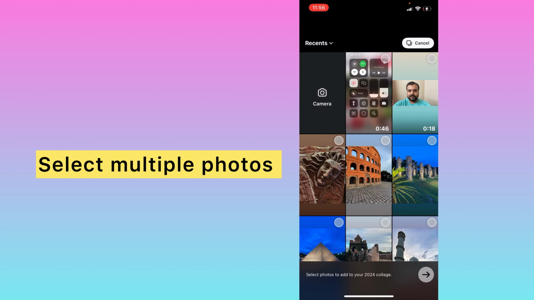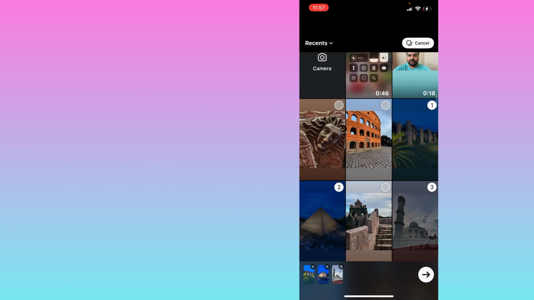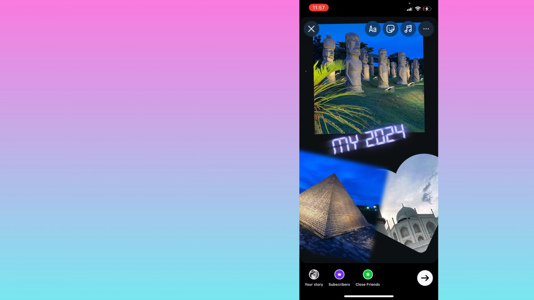After clicking on this one, you can select multiple photos here. For example, I am selecting here, and I will click on this arrow icon. You can see they have arranged these three photos in a collage, and you can also modify this as you like. Okay, and here will be my 2024, and you can add music, whatever you want, and you can